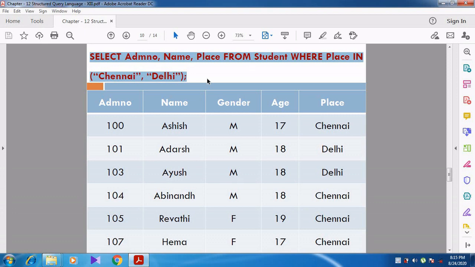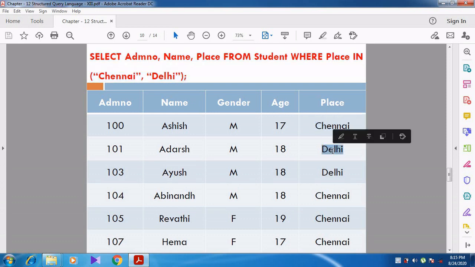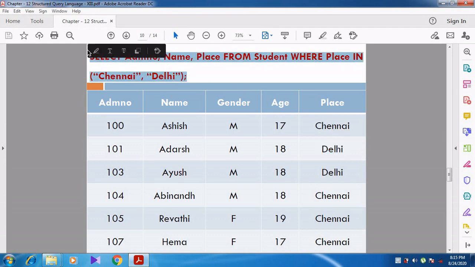We have selected the column place, and in that you want to match with Chennai and Delhi alone. We need the students who come from Chennai and Delhi alone. Other records are not shown in the output. So the list of values are Chennai and Delhi.